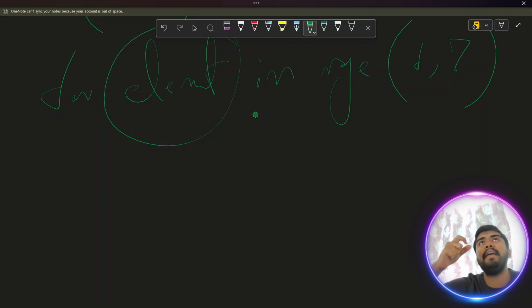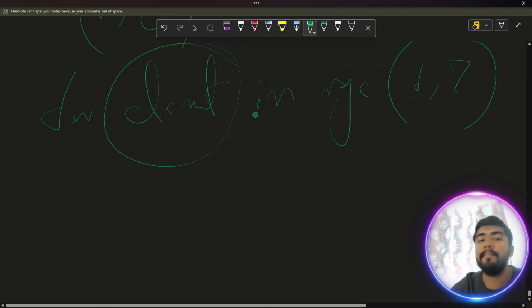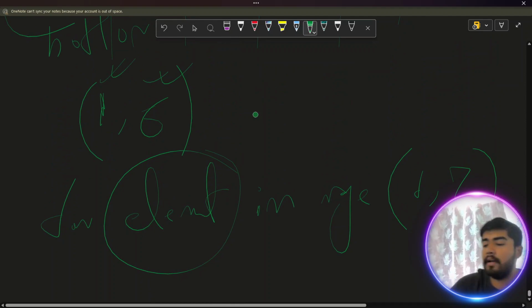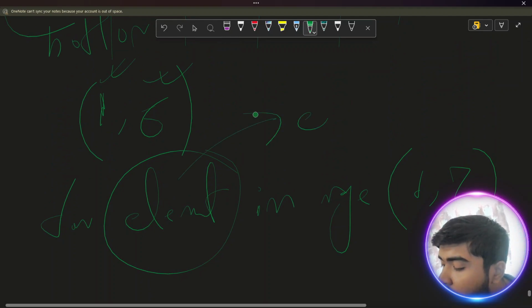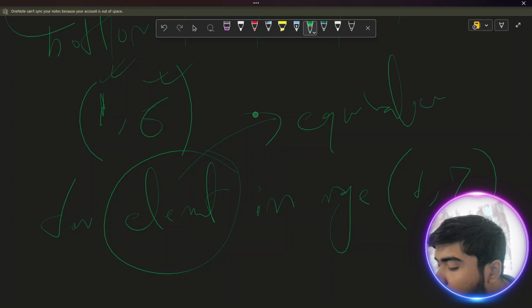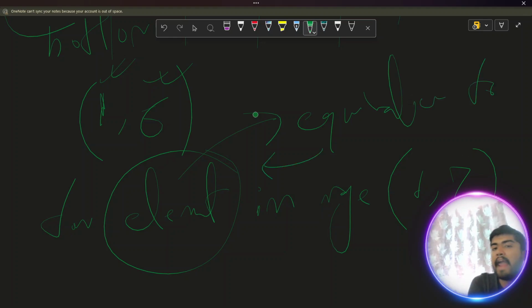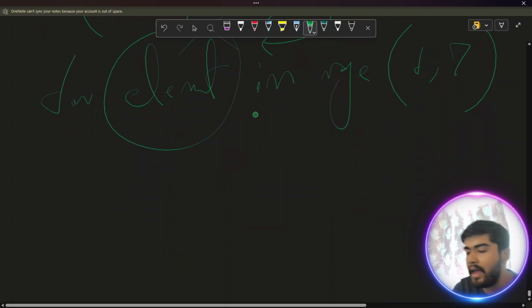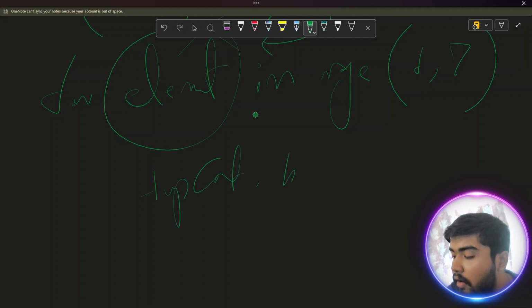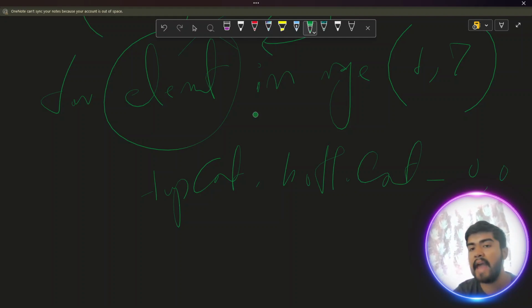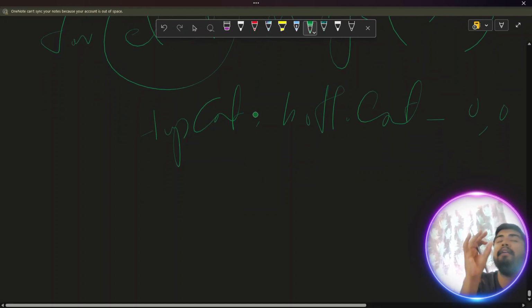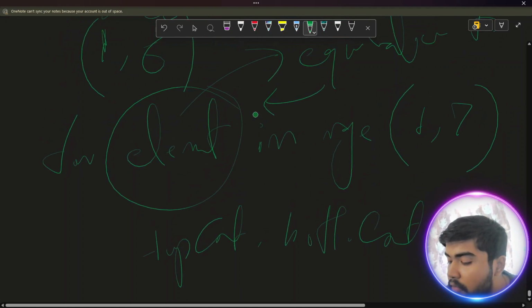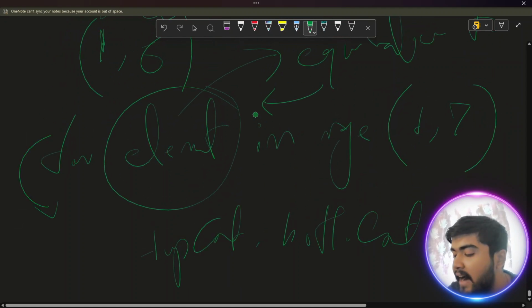So my answer can be like this: I have to make all the tops or all the bottoms equivalent to that element. Now I think it's pretty straightforward. Let's suppose we have a top count and a bottom count. I initialized all of them to be 0, and for this particular for loop, my target is